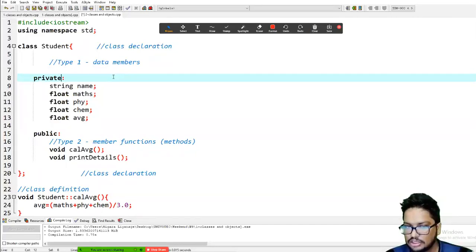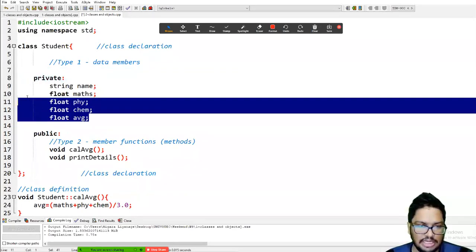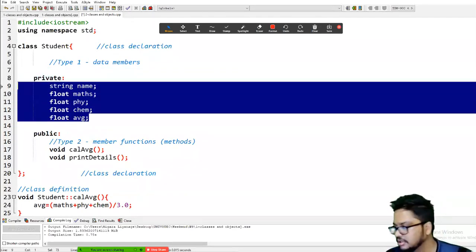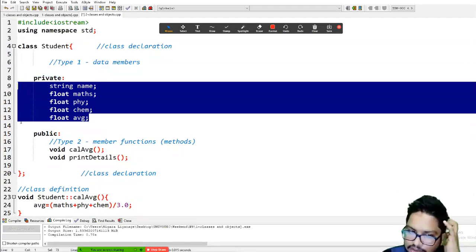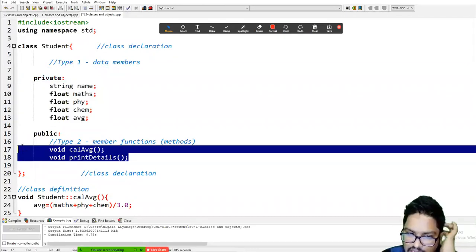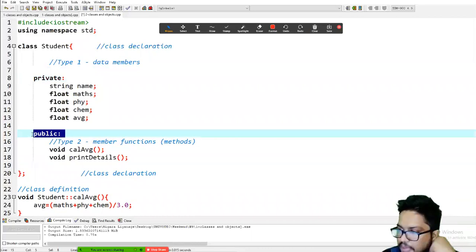So now these data members are declared under private, and these member functions are declared under public, right?